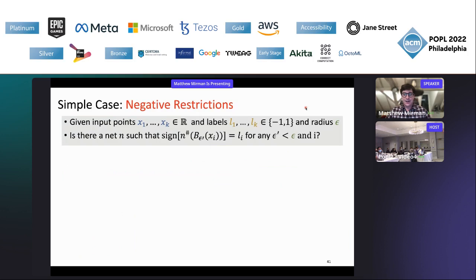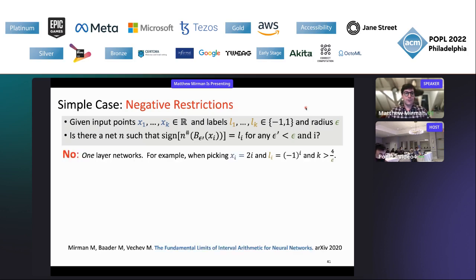And in fact, the interval certifiable result contradicts the gap that we see in reality. So in order to explain this gap that we see in reality, we need to look at our restrictions again and ask if they made the most sense and if they are the complete story. So before we required epsilon to be smaller than half of the distance between the closest 2 points, now we can drop that restriction and possibly look at other restrictions. So one restriction that's interesting is, what if we're only using one-layer networks?